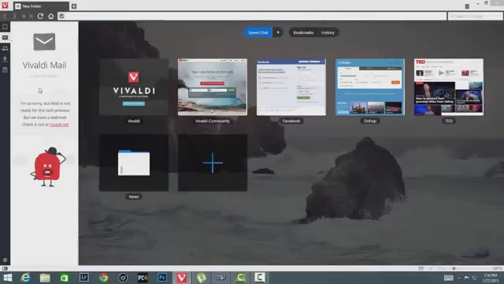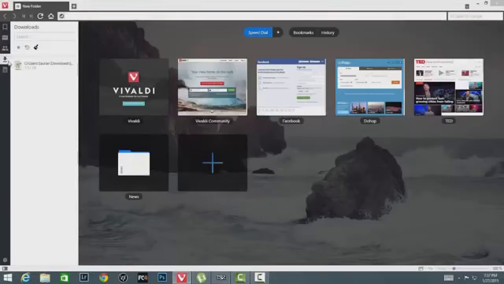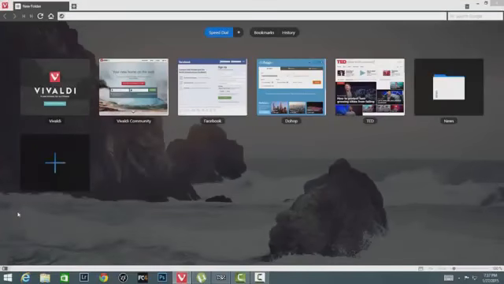Vivaldi Mail is coming soon and it's not included in the tech preview, but they have promised us that they are going to include it in the final version. There are contacts, downloads, notes. You can make notes too, so that's a pretty cool feature. These are features which are not included in other browsers like Google Chrome, Mozilla Firefox, etc. Now click again to make it disappear.